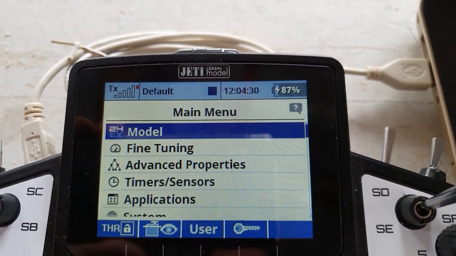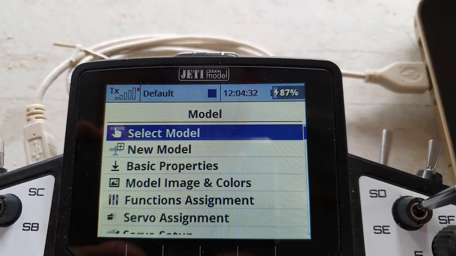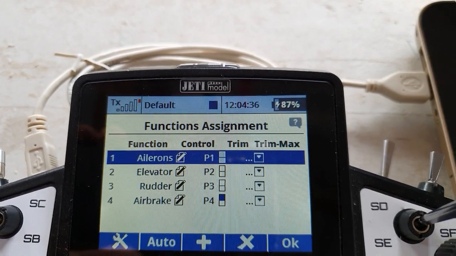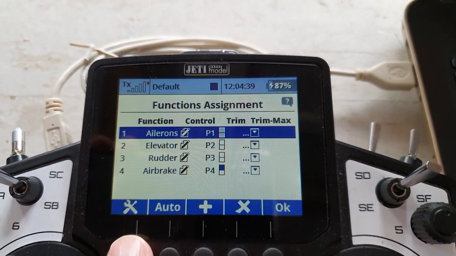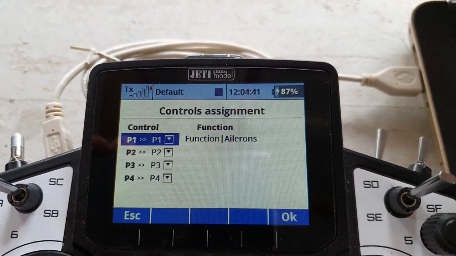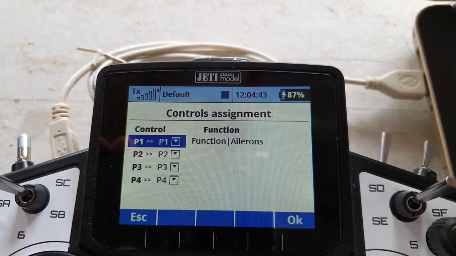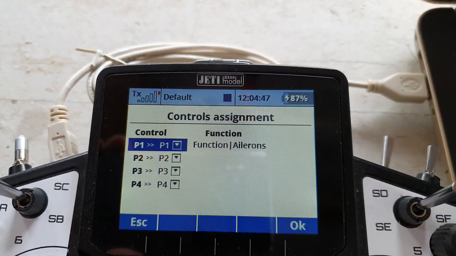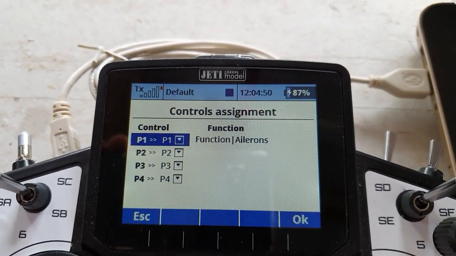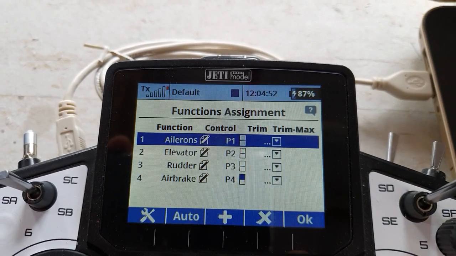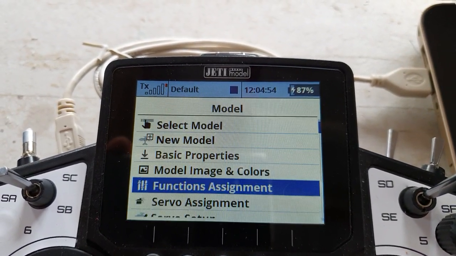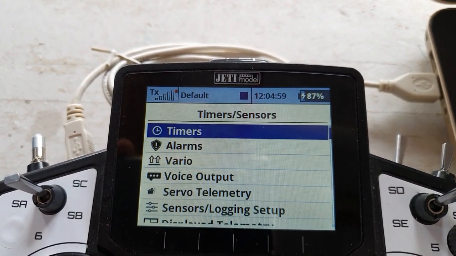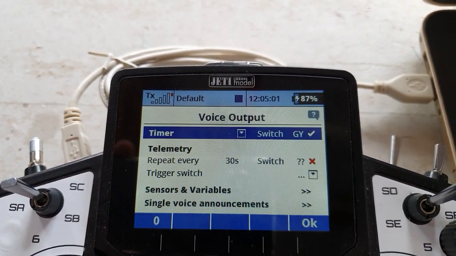Well, the interesting thing was that if you go into Functions Assignment and you press the Tools button here, it will bring back that screen that shows you what's assigned. And it's not found that there's any dual rates, sounds on event, anything like that that comes off the switches. So the only one left to check, I'll apply the changes, yeah, is I happen to know in timer sensors that I've got voice output